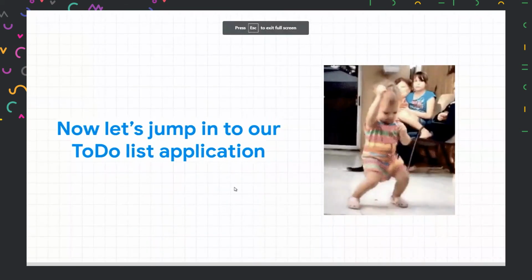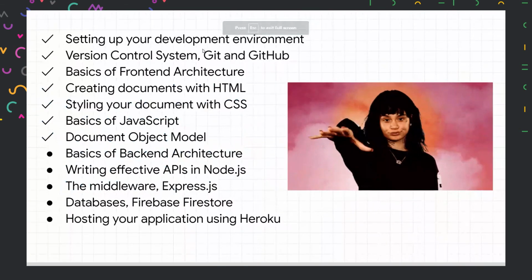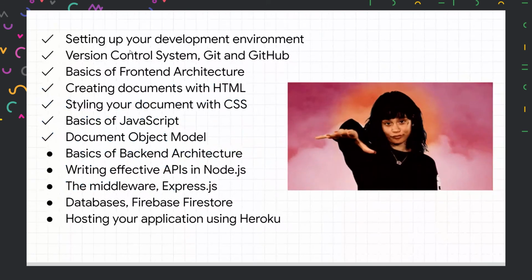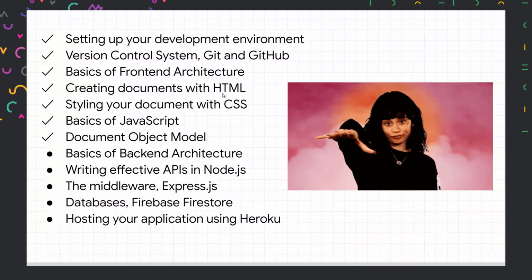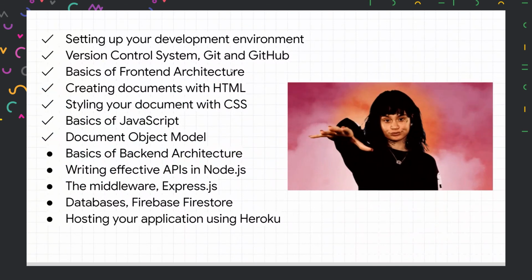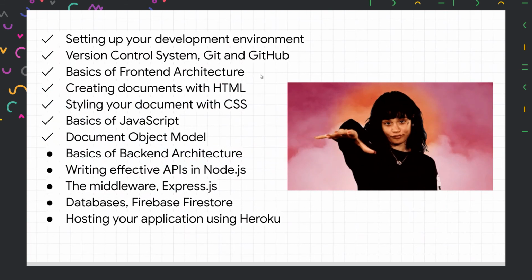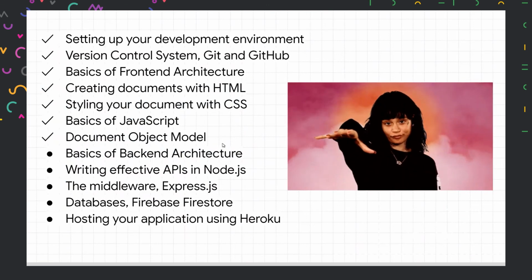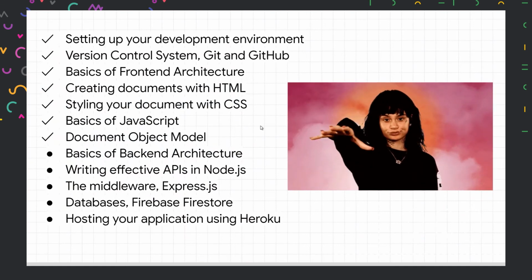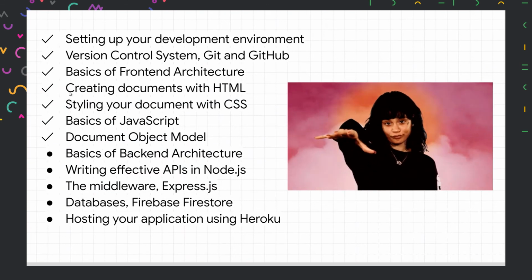So moving on to our slides, we have completed setting up our development environment in the first day. We also learned Git and GitHub on the first day. Then we learned what is front-end architecture, what is HTML and CSS. We started coding our HTML, CSS using our to-do list application, for example. And then we learned JavaScript so that we could learn document object model. And today we added a new feature called background switcher to our to-do list application. And that is all we have in the front end. So we are halfway through. We are done with the front end model.